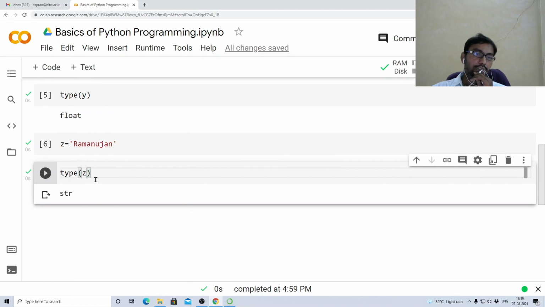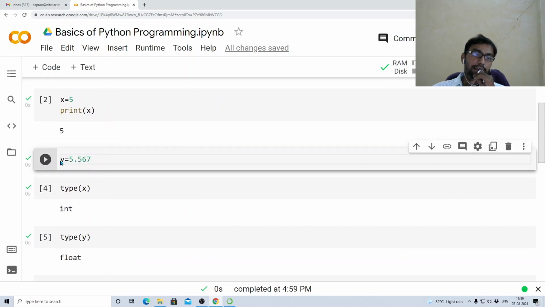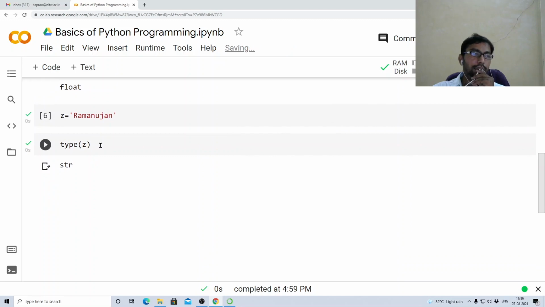Can you see? It will automatically infer the data type of that variable. You simply write a variable name and assign some value. If you are new to programming, this is a variable name, and equals means you are assigning some value to this variable y. That's all. I hope most of you are at least familiar with one language, C programming at least.